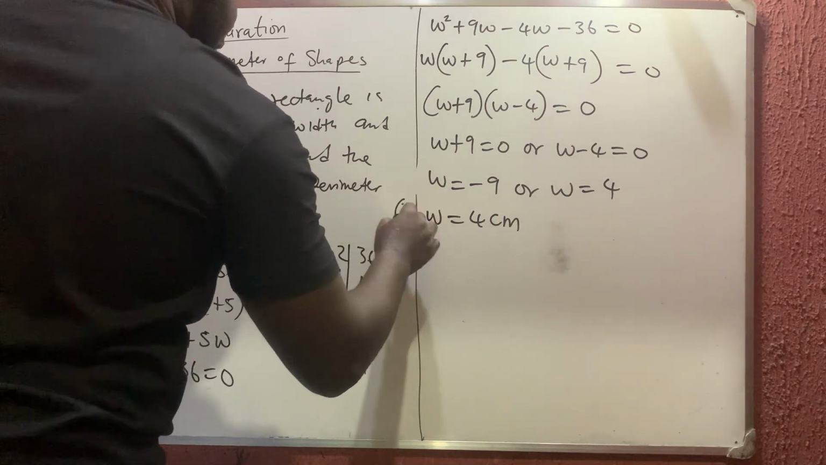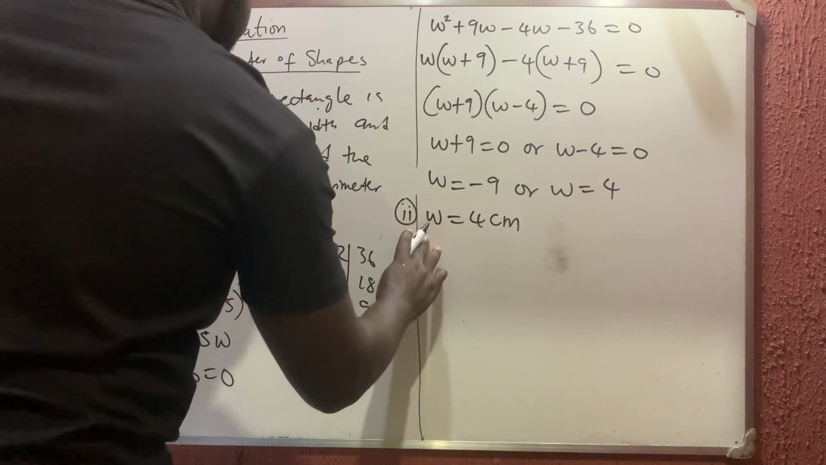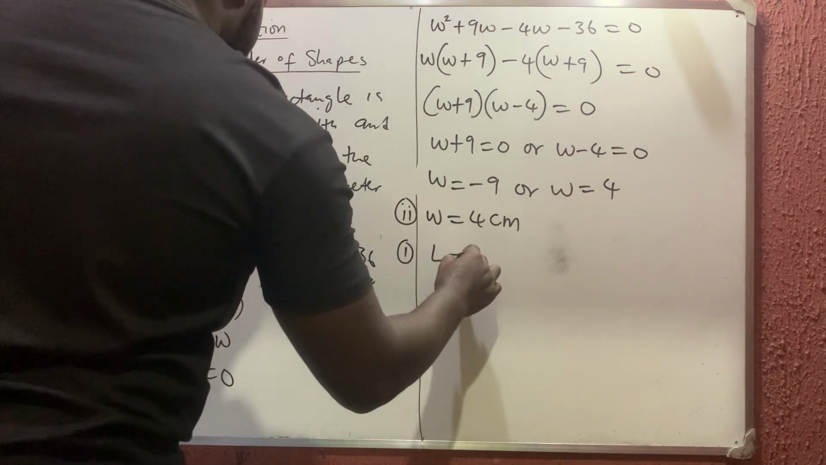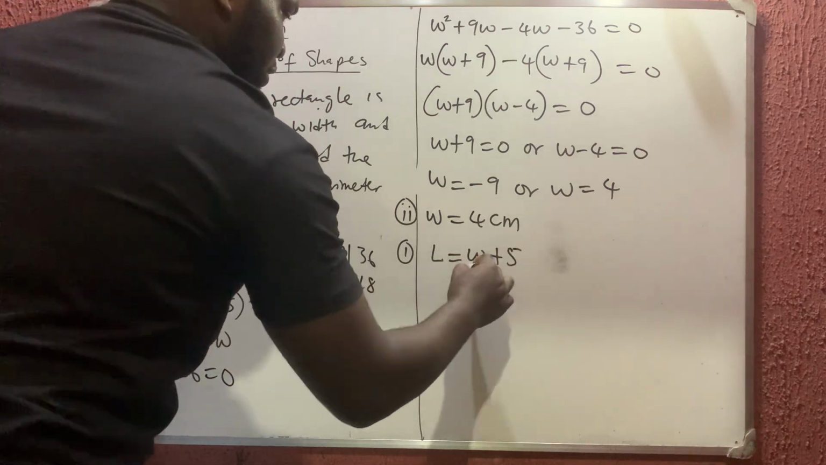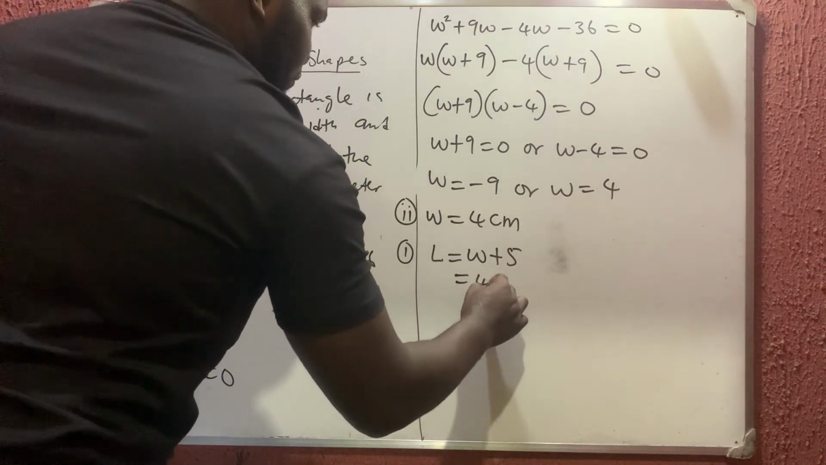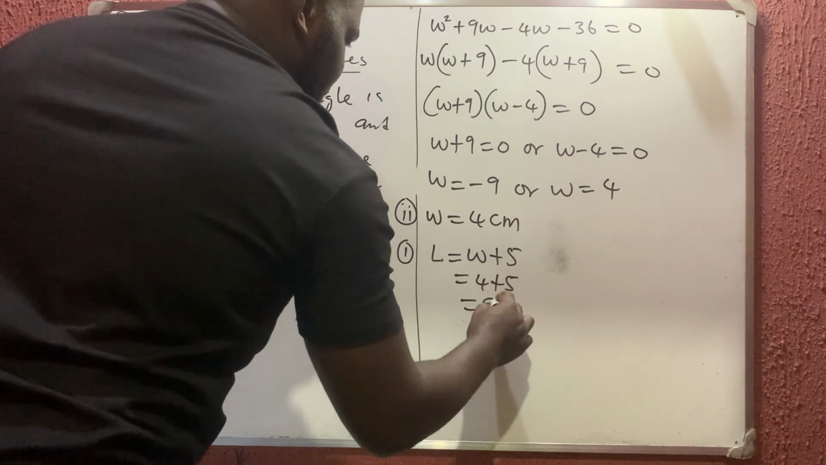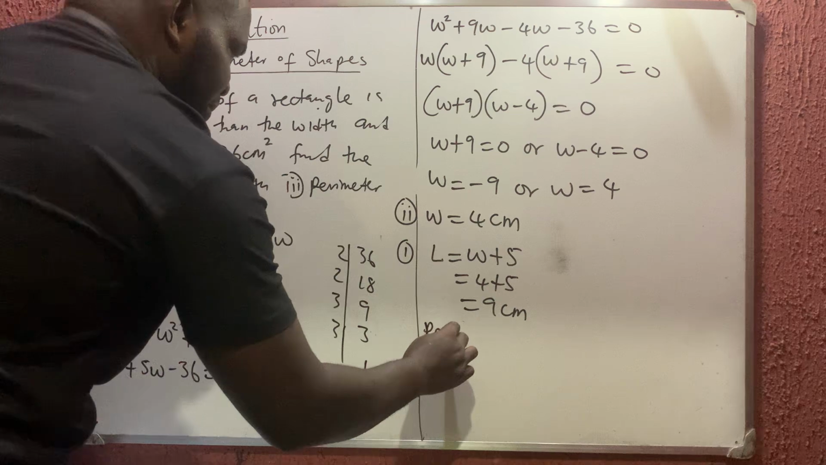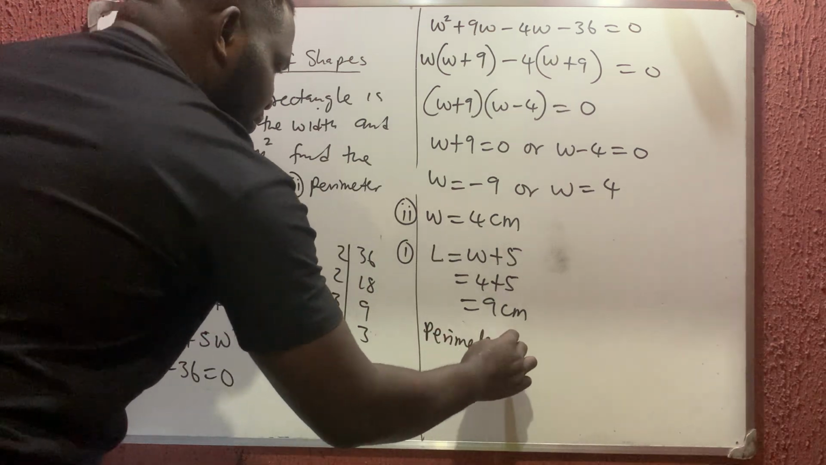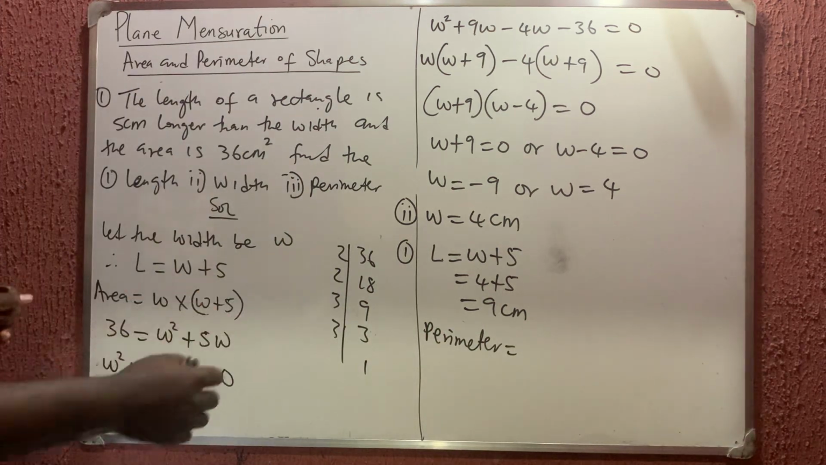So we have gotten the first answer. Now, to get the length, we know that the length is W plus 5. So therefore, the length here is 4 plus 5, which is 9 cm. Now, for us to get the perimeter, don't forget I told you that perimeter simply means adding all